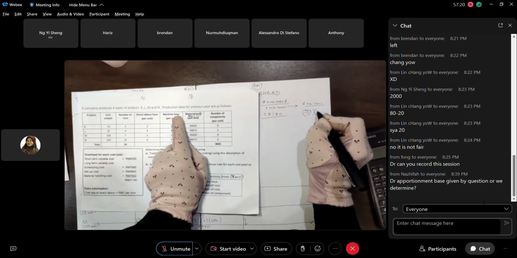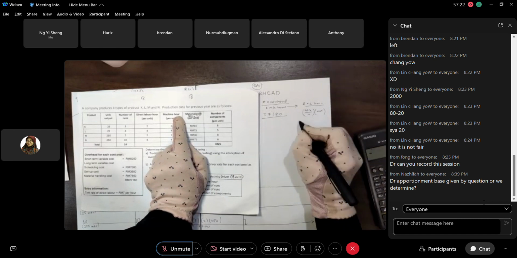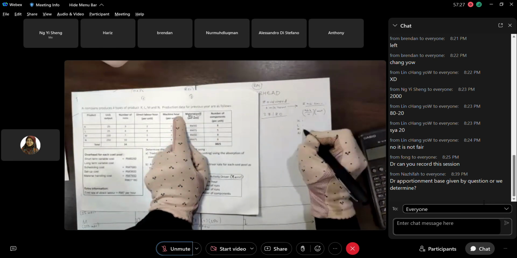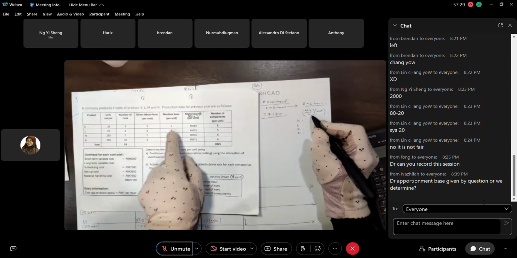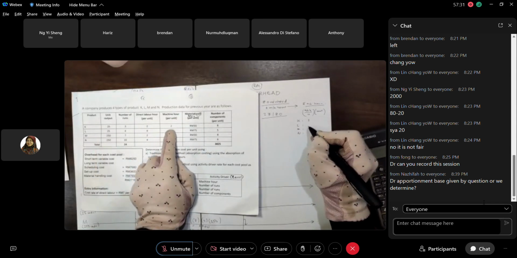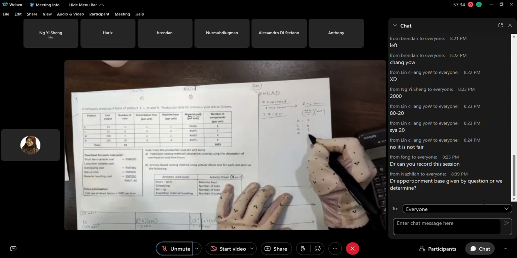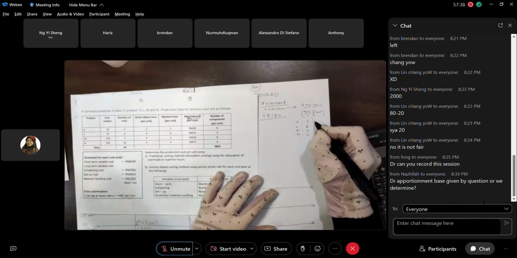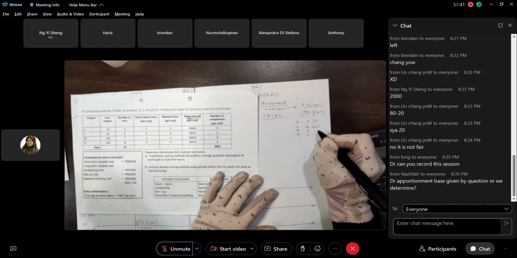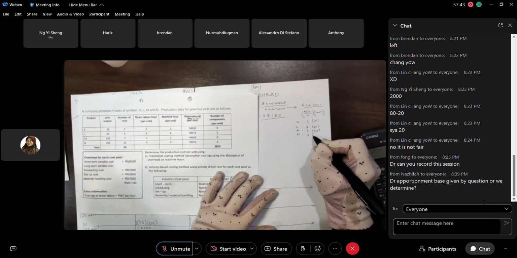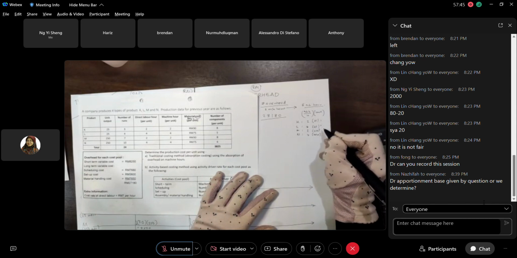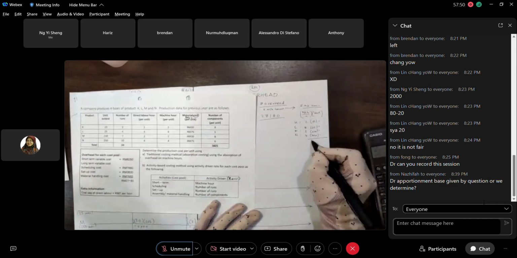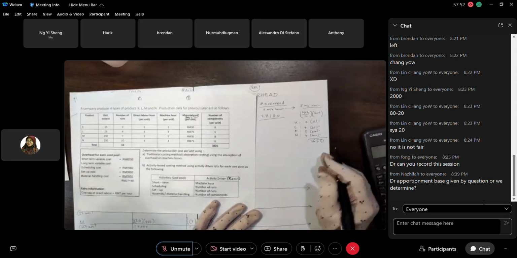So you have to multiply by unit. So you have K, L, M, N. Machine hour per unit for K is 2, L is 4, and then this one is 2 and 4. Okay, by how many units produced? 25, 25, 250, 250. So you get the numbers. So the total is 1650.